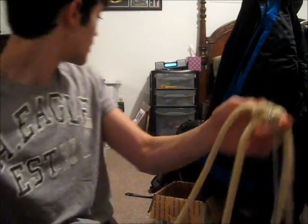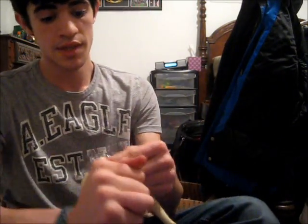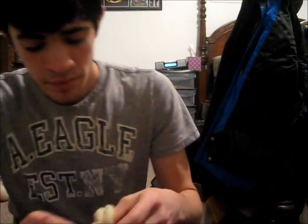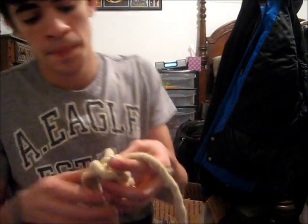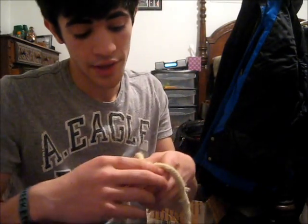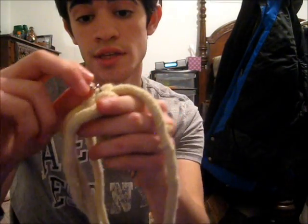Tighten that all up, and I'm just going to grab this over here since I showed you how to start that, and you're going to continue that knot going the same direction, keeping that direction until you get it to the length you want. And when you get it to the length you want, you go back down a couple layers. You're not going to cut the chain yet. You figure out the length you want, you undo a couple of the layers, and you are going to cut the chain